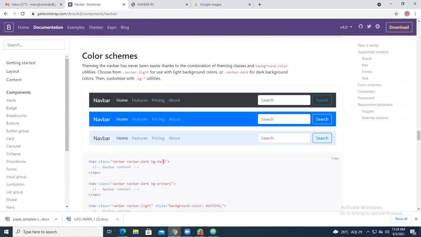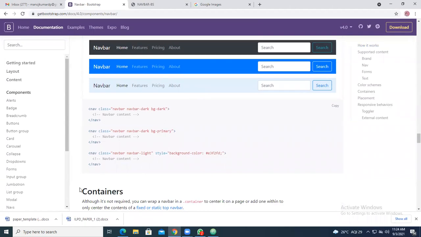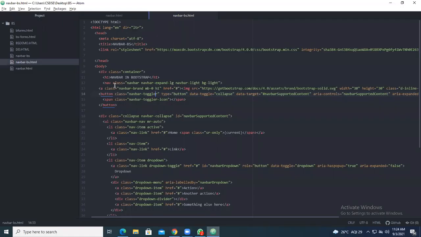Then come to the different color schemes. This one we call a nav class equal to background primary. Or you can have different styles also. Now you can have the class like this one. What happens if we give it like this? Inside nav, copy this particular thing. What is the thing you have copied? The entire nav class you have taken. So kindly Control V.